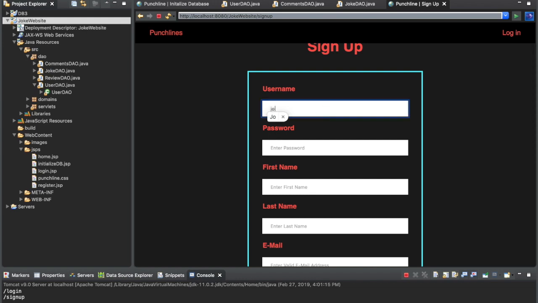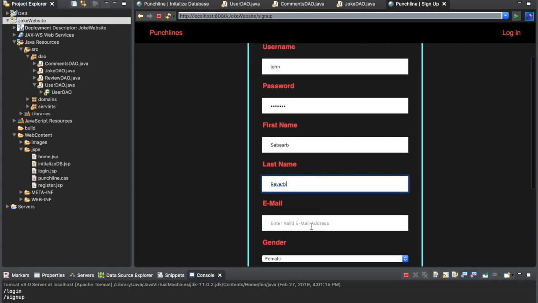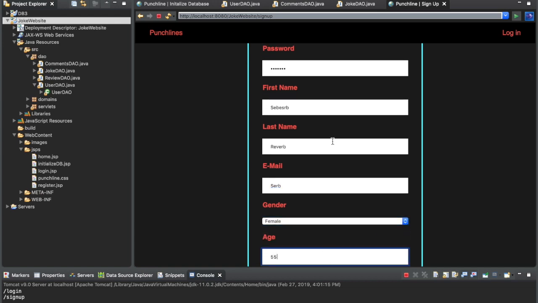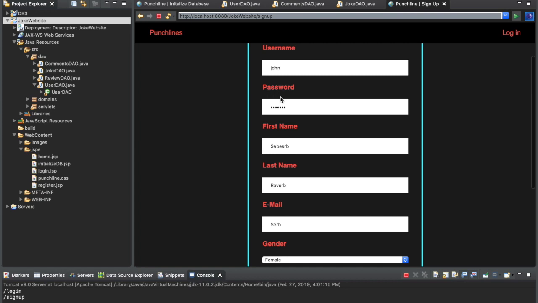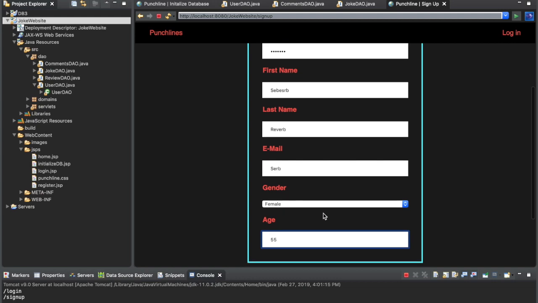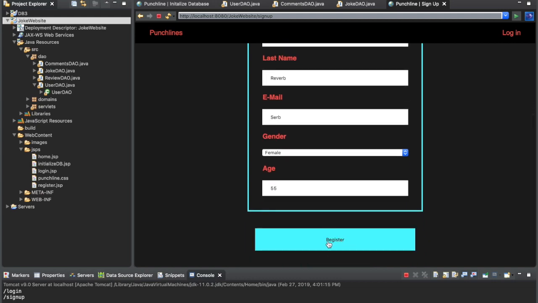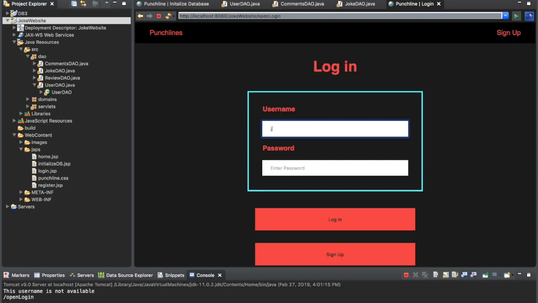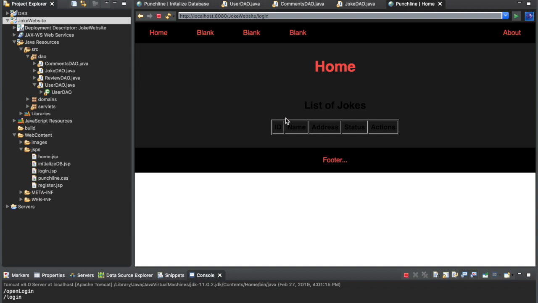If I try to sign up with a username that already exists and type a bunch of nonsense, on this page we do still have to add the password confirmation and an email confirmation. So if I register, that username is already taken. So I'm going to go back to login and log in with John and pass 1, 2, 3, 4, and I can log in. And this is what we have started for part two to show our home page,